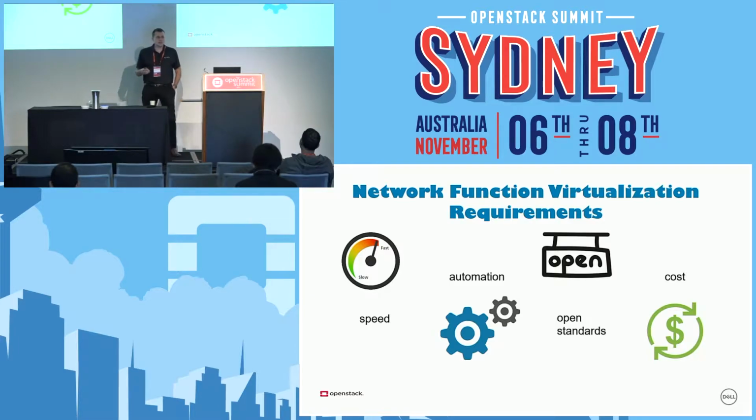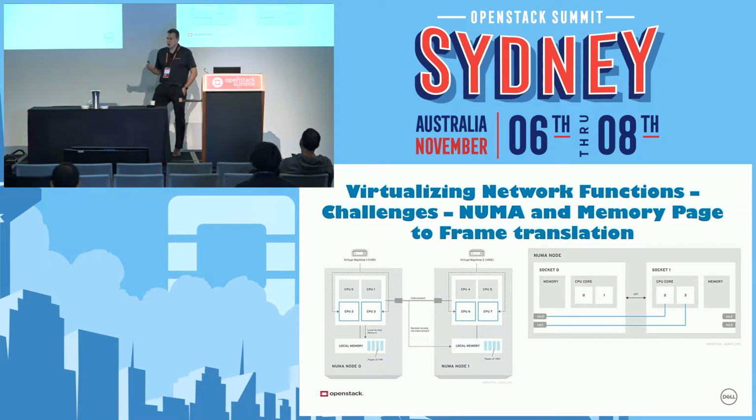They usually ask for the platform to be open, right? That's why they picked OpenStack, and of course it's got to be cost effective. So first I'm going to state what type of problem we're trying to solve with this solution between Red Hat and Dell. There are a couple of issues that I want to go a little bit deeper into